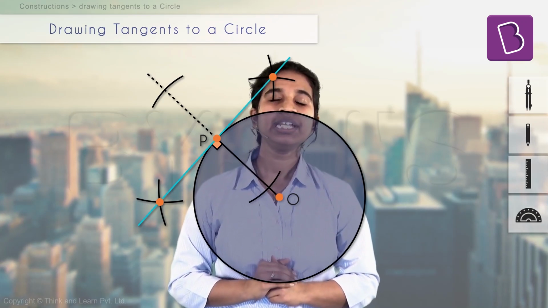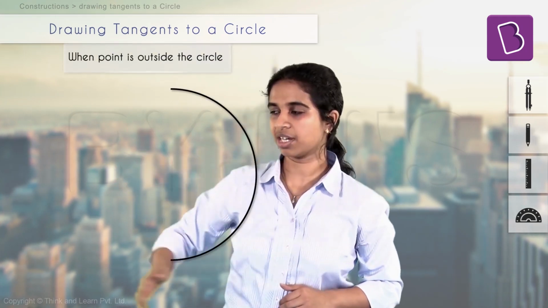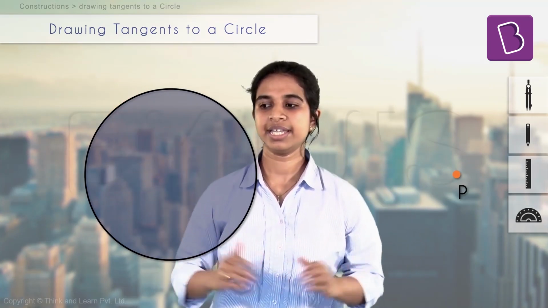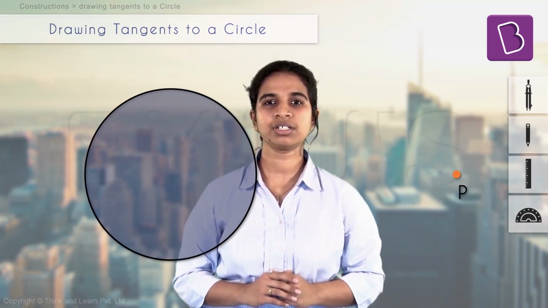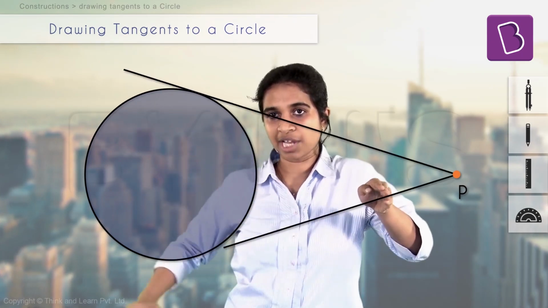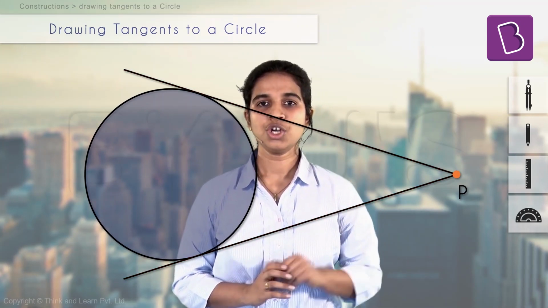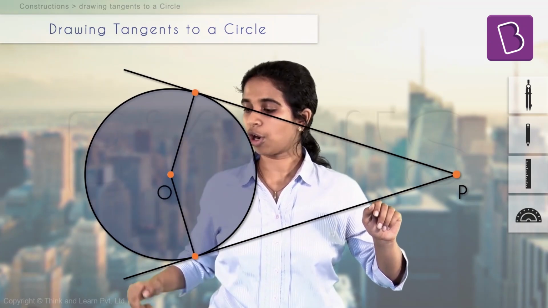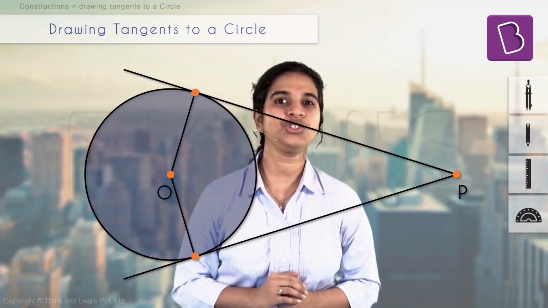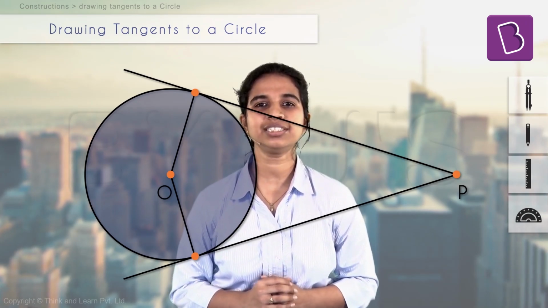Very simple. Now what if we take a point outside the circle, right? Let's say we have a circle here and we have a point P here outside of this circle. Now how many tangents can you draw? 2 tangents. You can draw one tangent on top and one tangent below. Correct? There are 2 tangents possible to this circle. So from point P, you could draw 2 tangents to this circle with center O. If I ask you to actually construct these tangents, how will we construct them? How will we draw these tangents?